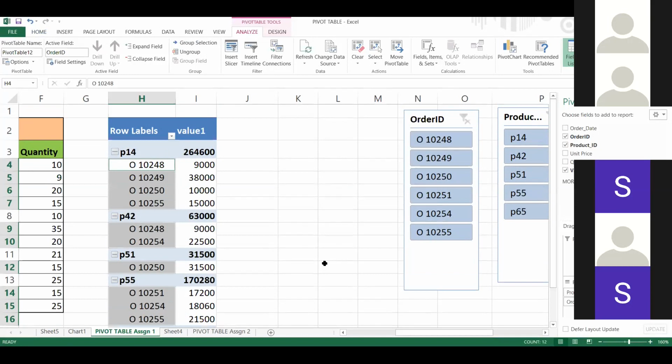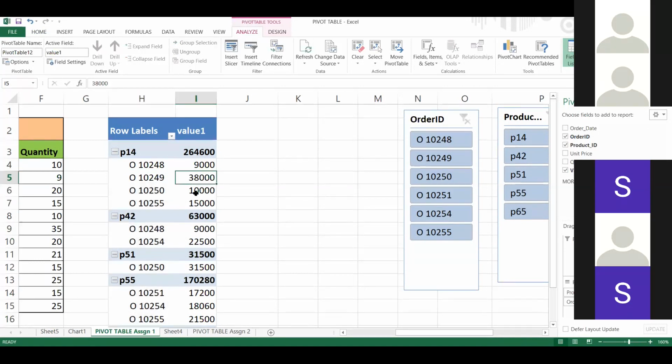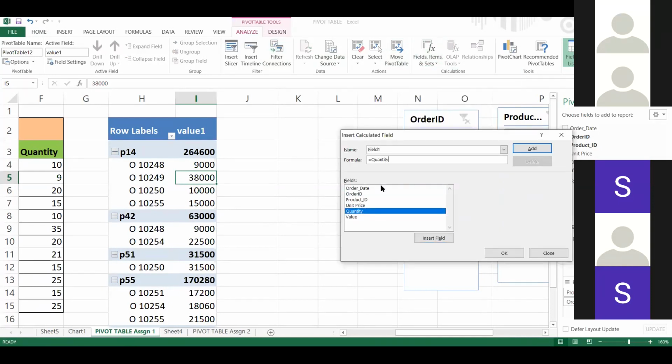Samihan? Samihan is there? Okay, so I'm doing it for you. Just go to Analyze, Fields, Items and Sets, Calculated Field, quantity into 10. Add.